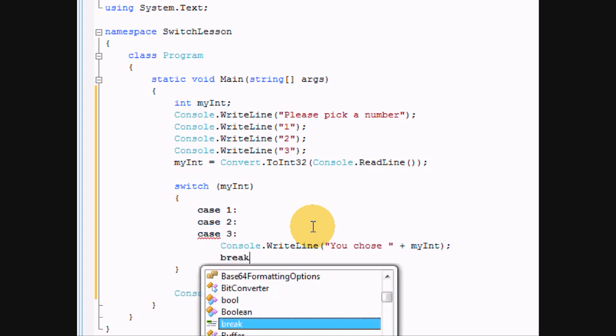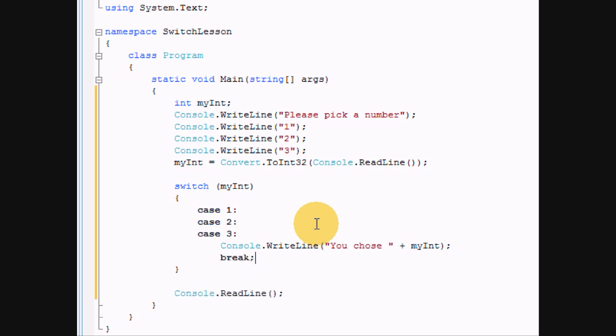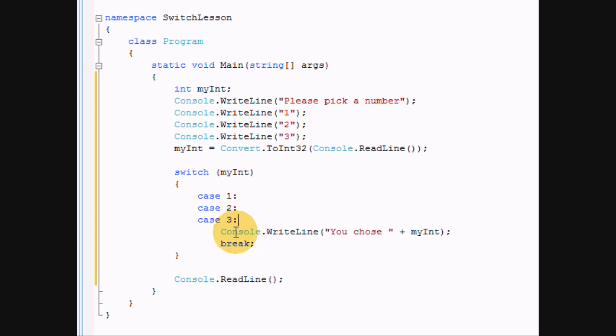Now let me explain this a little bit to you also. Now that we're doing a little more, not advanced, but more stuff, you'll see me type new things that you probably haven't seen, and I'll be glad to explain those as well. But first, since case 1 is blank, it'll check case 2's, it'll check below it for any actions. Case 2 is blank, which means if in fact my int does equal 1 or 2, it'll use number 3's action. And you always have to remember to end your case line with a